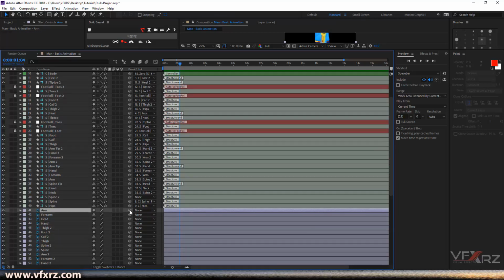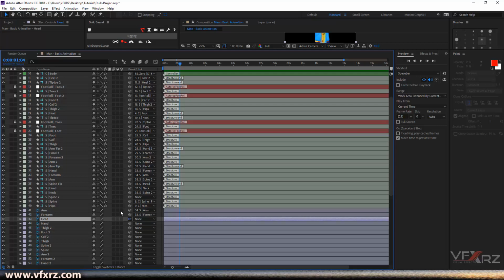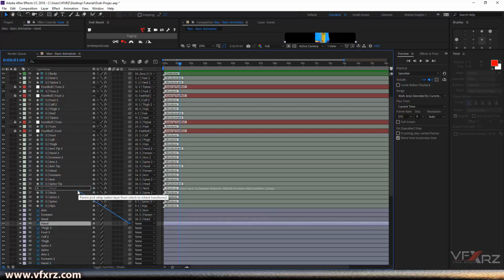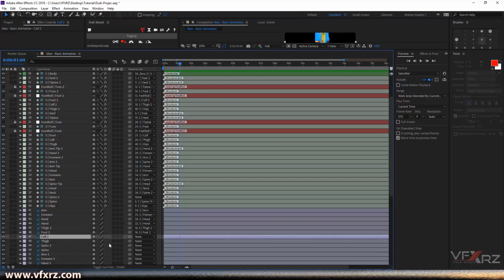For example, here is arm. You should drag and set parent to arm. And for forearm, here. Head. Find a head. Where is it? Okay, here, head, hand, thigh 2, here, foot 2 is here, calf 2,